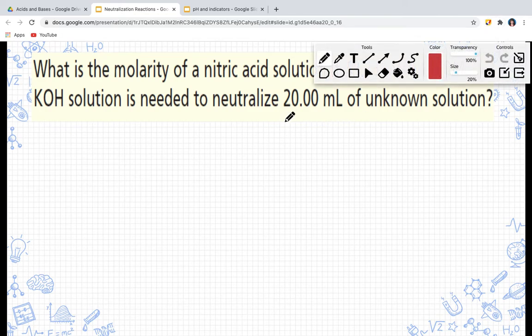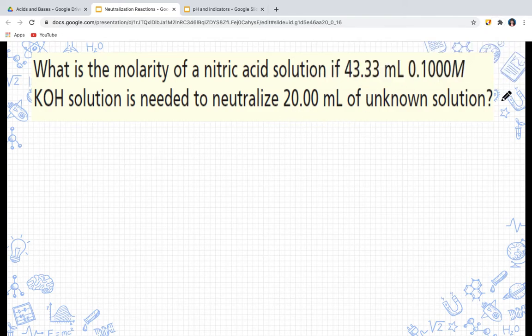So once again, I'm going to start labeling these things. KOH, this is our base, nitric acid, that's our acid. So this is going to be the volume of our base, molarity of our base,